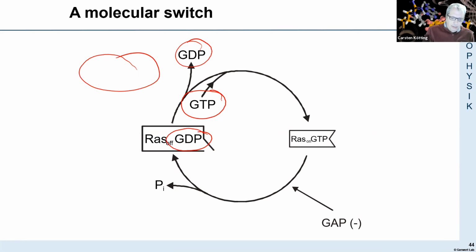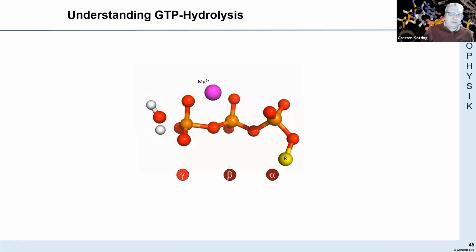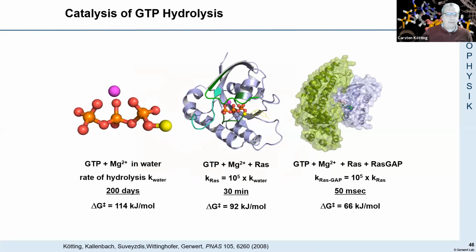Yeah, so it's a GTP hydrolysis. You see a water molecule attacks nucleophilically at the gamma phosphate, and then the bond between the beta and the gamma here is cleaved. And this we want to understand in detail. So if you have GTP in water,